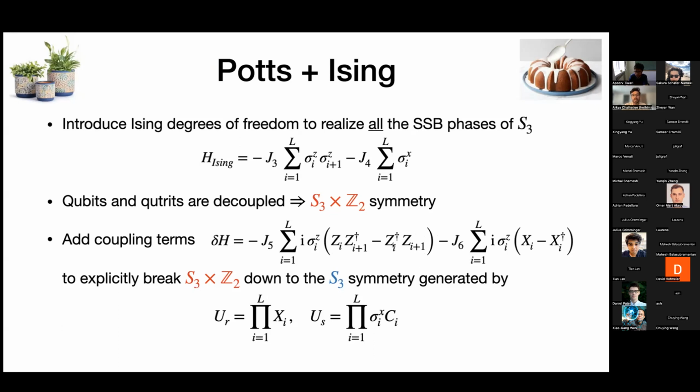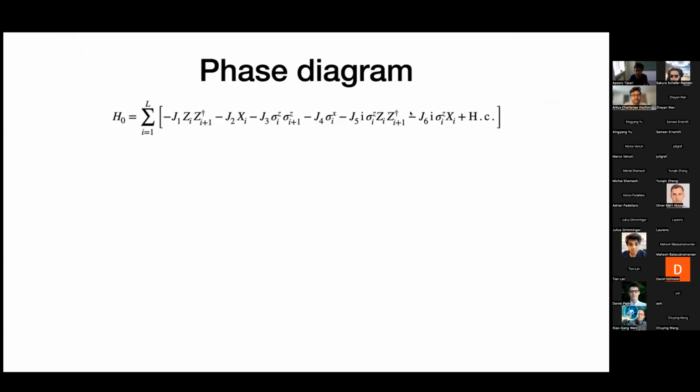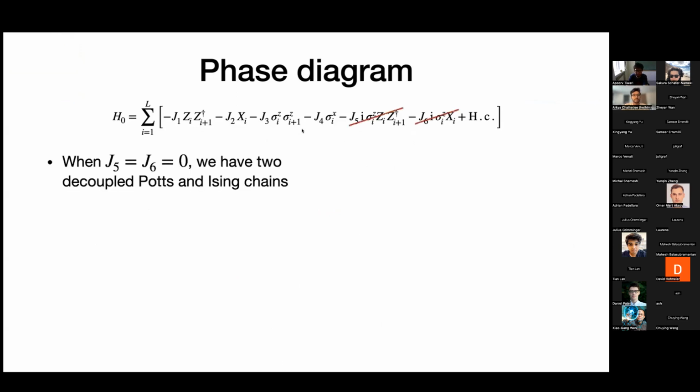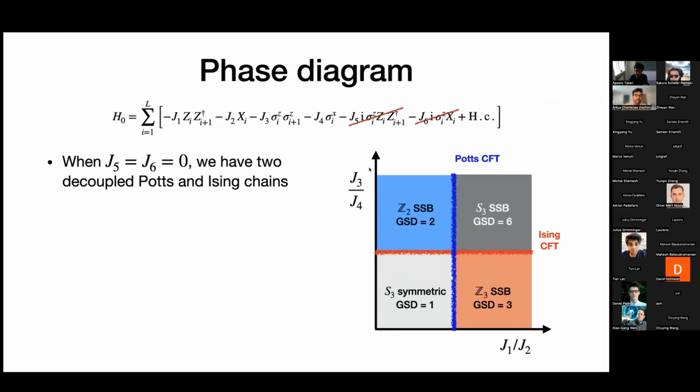Great. So once you've added all of these terms, my claim is that this Hamiltonian realizes all of the symmetry breaking phases that you might expect from S3, meaning spontaneous symmetry breaking down to all of its subgroups. So to simplify life, we first set J5 and J6 to 0. These are the coupling terms. And then it's just a Potts and an Ising. So the phase diagram is simply